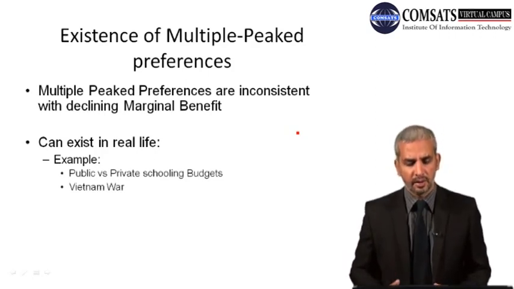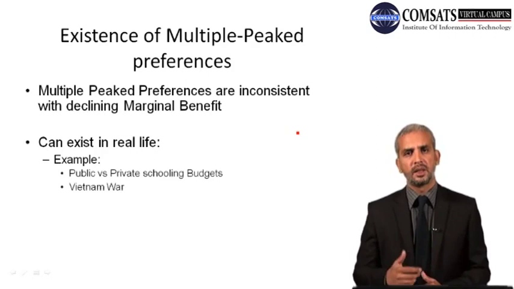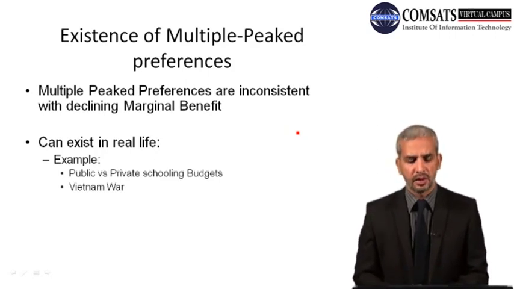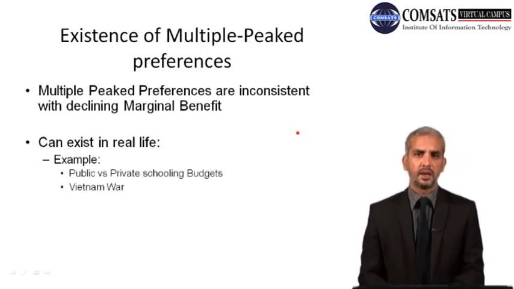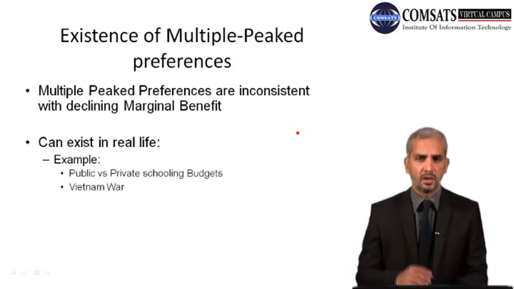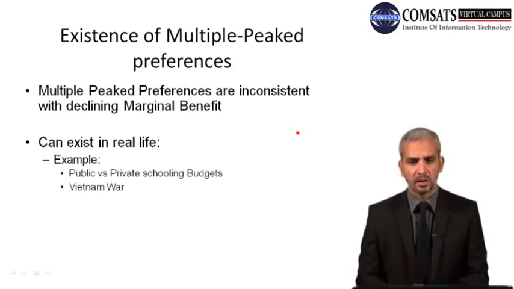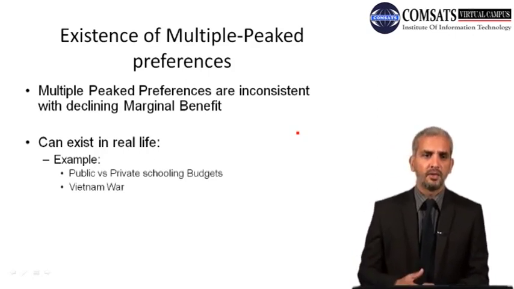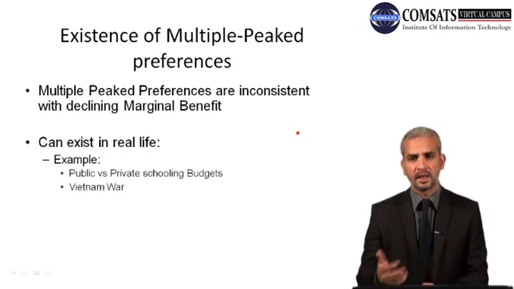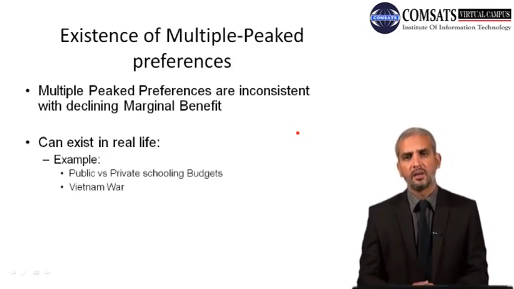So these are again two extremes which represent multiple peak preferences of the individuals, and which are no doubt inconsistent with the marginal benefit, but these are real life scenarios, and these multiple peak preferences would always cause Arrow's impossibility theorem, in which it would be very difficult to make a ranking, under any rule, which would be complete and transitive on a community-wide level.